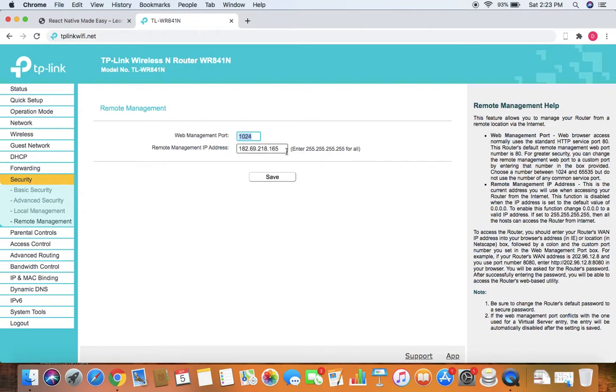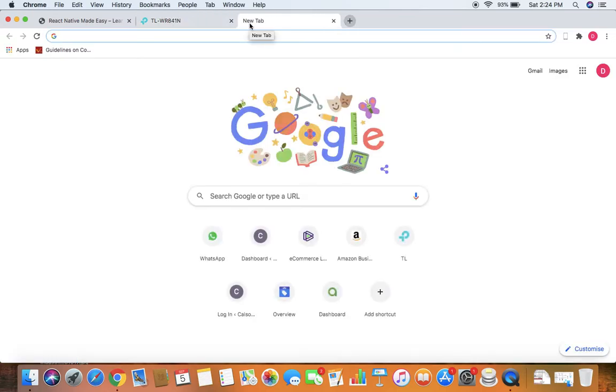So the thing that I showed you will work when you have a static IP. If you have a dynamic IP like the one I have, I can't access my network remotely using that IP, because that IP keeps changing. So I can't find out my IP when I'm outside the network.